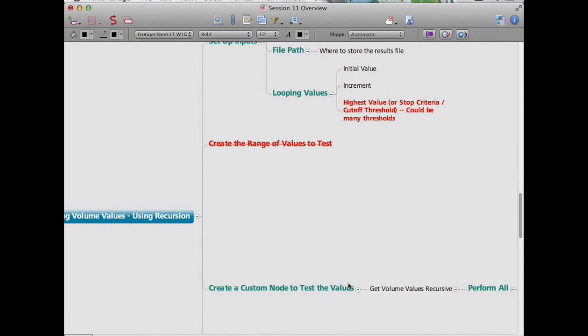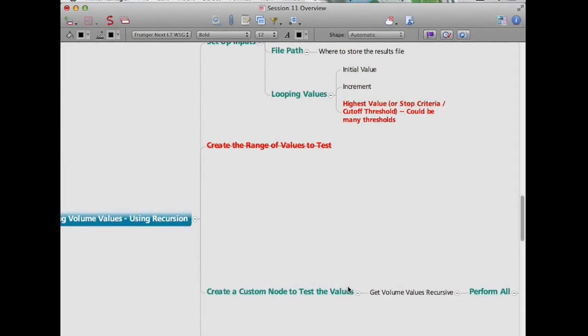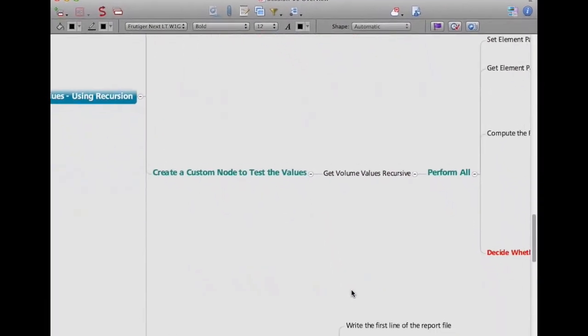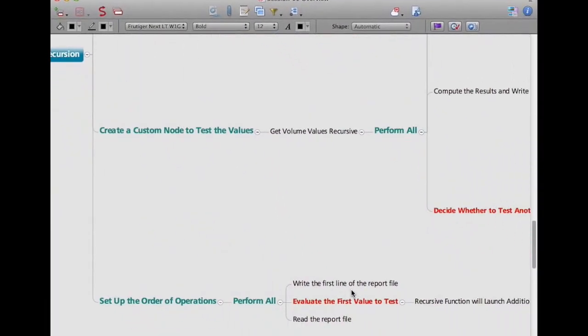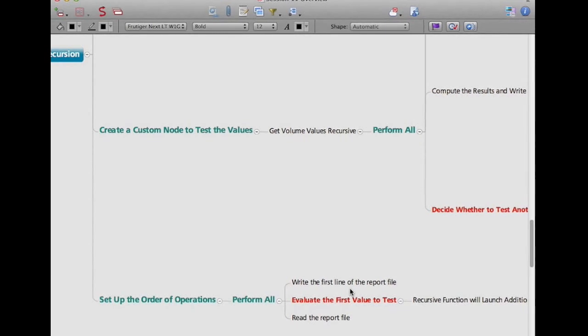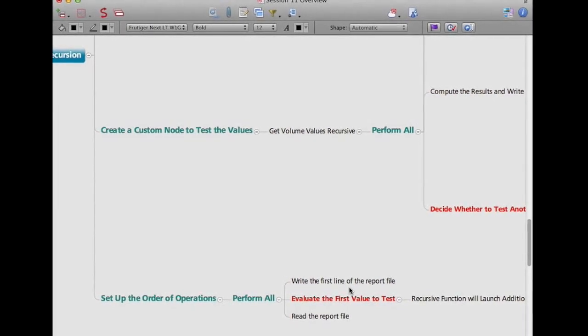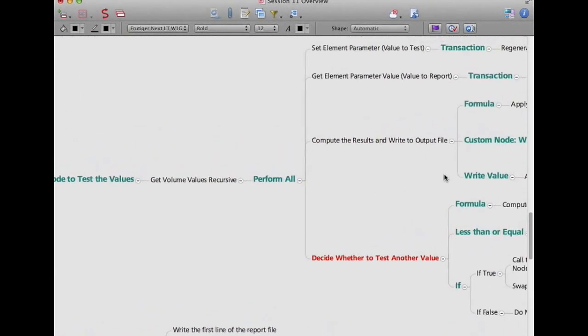That's the one, wipe that out. We're not going to create a range of values to test, because we don't do that anymore. Now we're going to do it through recursion instead. We're going to create this custom node to test the values. It's going to be just like the old node. Not a whole lot of change to it, except